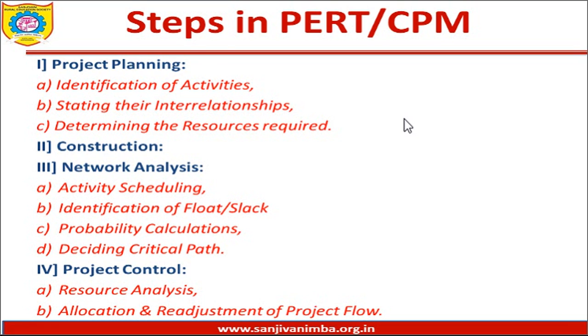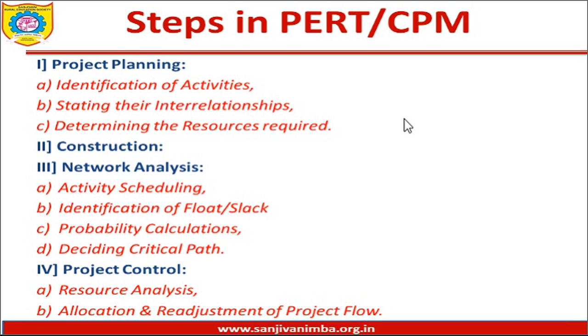And lastly, you'll have to decide the critical path. Critical path is nothing but a sequence of activities which needs to get finished with a view to ensure the minimum time for finishing the project. So that is a critical path. These are the activities that must get finished to ensure that the project has met its completion. So you need to come to that as well, and if you clearly know all of these factors, then only will you be in a position to have better control of your projects.